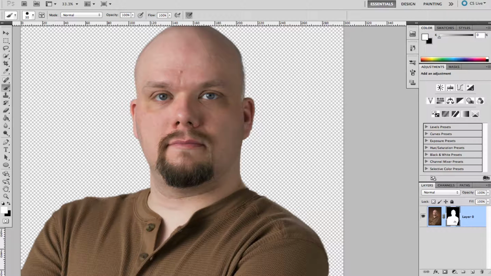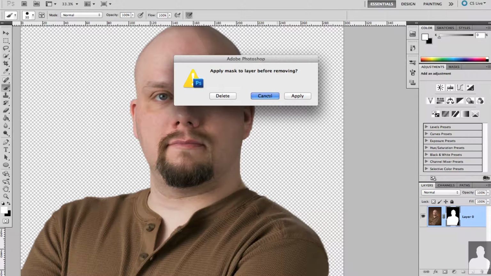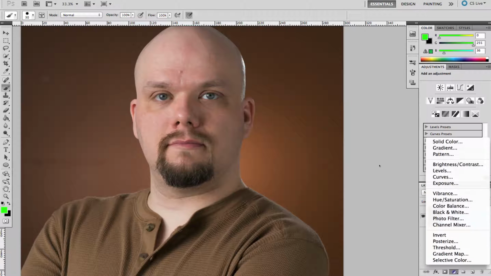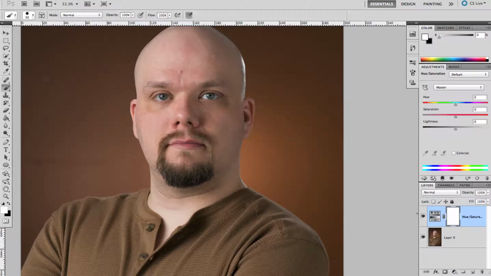Oops. Let me get rid of that there. I'm just going to grab onto the mask itself and drag that down to the trash. It asks me if I want to apply it, and I don't, so I'm just going to delete it. Okay, mask is gone. Let's add, let's say, hue and saturation. Okay, and in the hue and saturation layer, I'm going to take that saturation all the way down